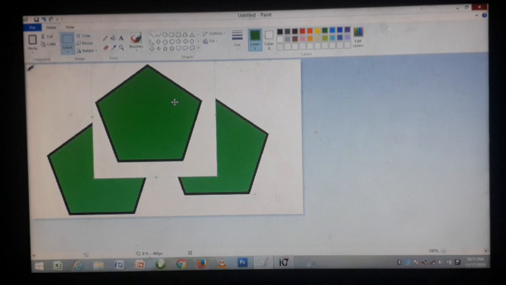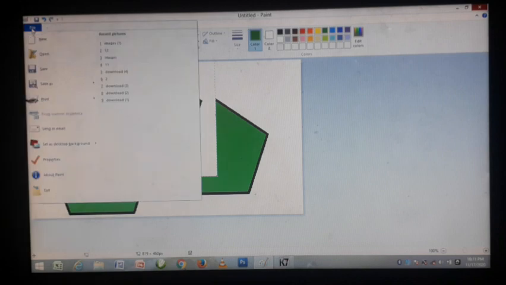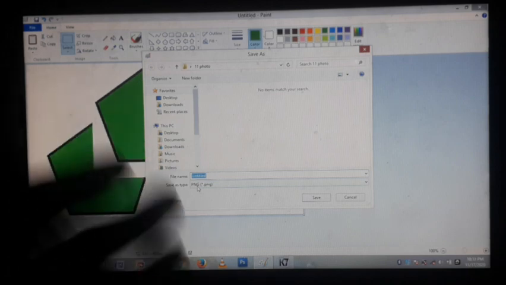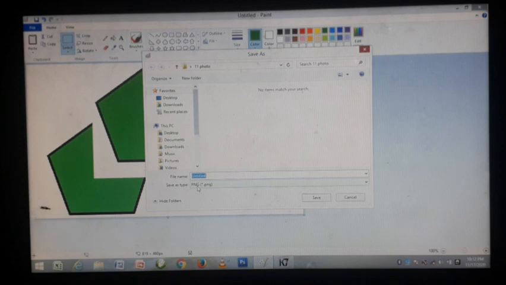Then we are going to learn about image extensions. If we draw a picture in MS Paint, it is also saved in an image extension. How do we identify that? First select the File menu, then select the Save as option. Look here, Save as type: PNG. The default format in MS Paint is PNG. PNG means Portable Network Graphics. Default means all the images drawn in MS Paint are automatically saved in PNG format.